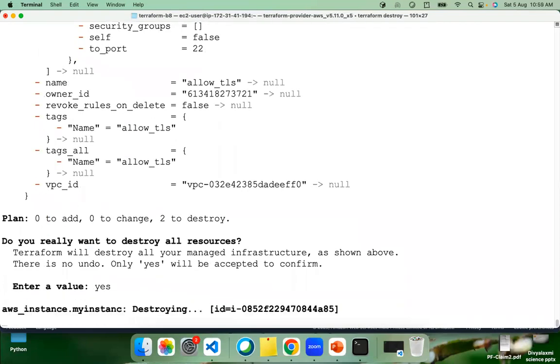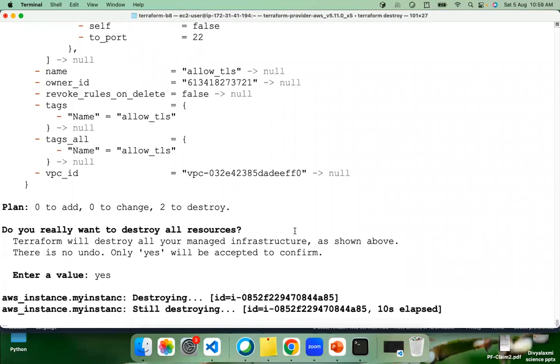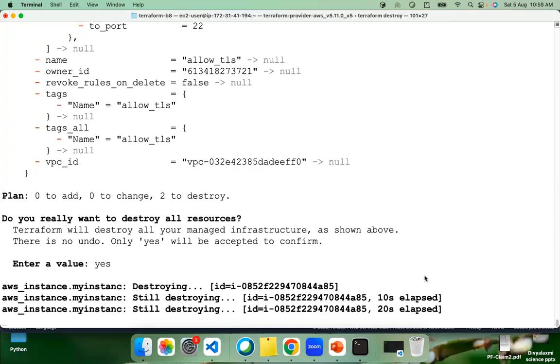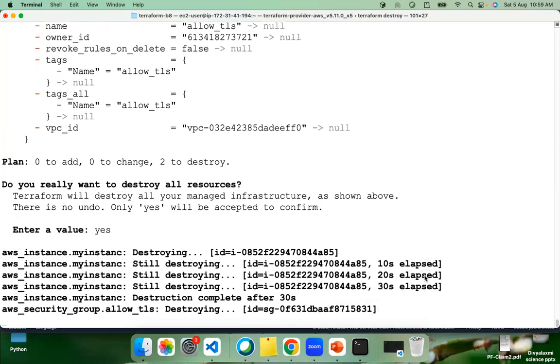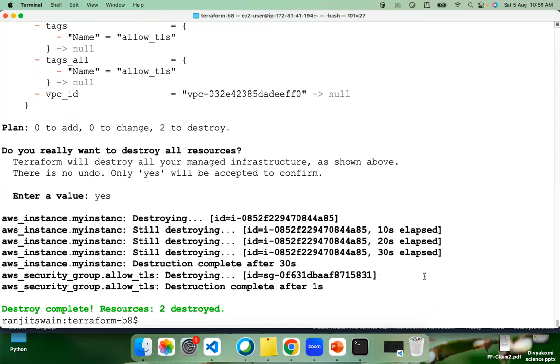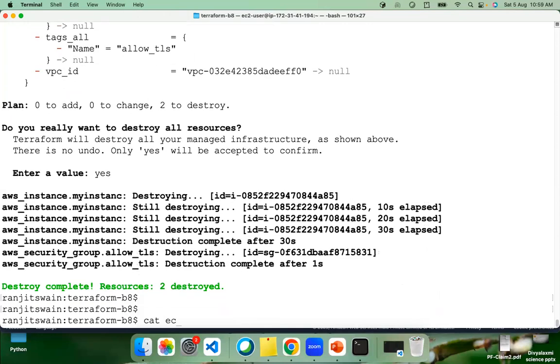But one more interesting thing I'll tell you guys. Just hold on a few seconds. Now let it destroy. I'll tell you what you saw here: I have simply written only one file. As we already have closed this session, let's keep that for our next class, maybe tomorrow. Instead of keeping this in one file,